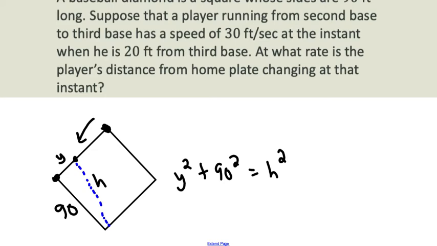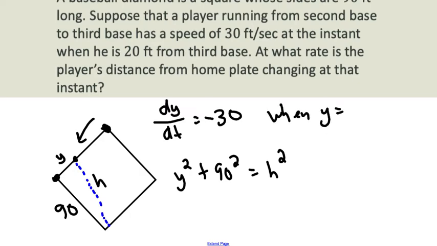Okay, so let me back up a step. Suppose that a player running from second base to third base has a speed of 30 feet per second. So that means my dy/dt is equal to 30. Now, again, the way this looks right here, it may be difficult to see whether that's positive or negative, but that is going down towards the origin, so that should be a negative. At the instant when he's 20 feet from third base, so that means this distance right here is 20. So when y is equal to 20,